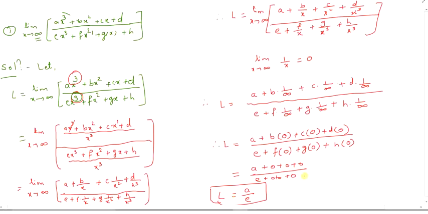First we have to choose the highest power of x, then take it outside as a common factor or divide numerator and denominator both by that highest power of x. It may be x square, it may be x cube, in the same example x cube, it may be x raised to 4 also. So arrange the terms in a proper manner and take the limit, which is very easy, and I hope you may feel that this limit is one of the easiest limits to evaluate. Now let us see one more example from the same category.